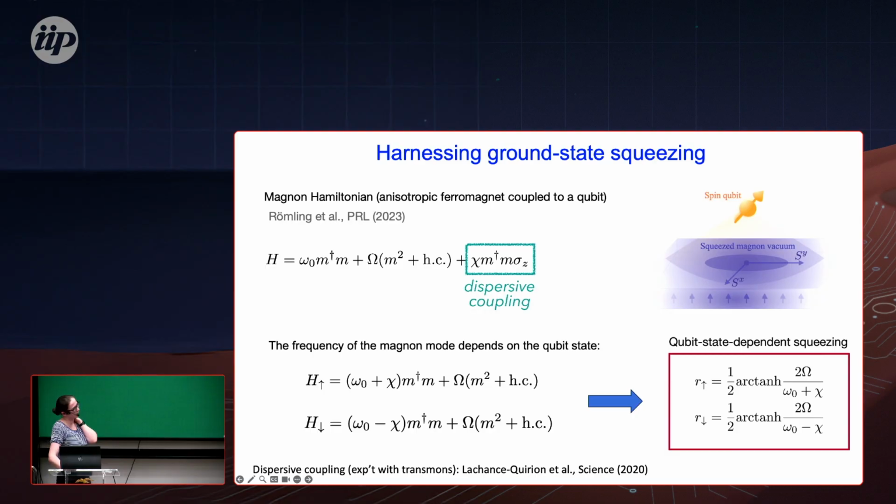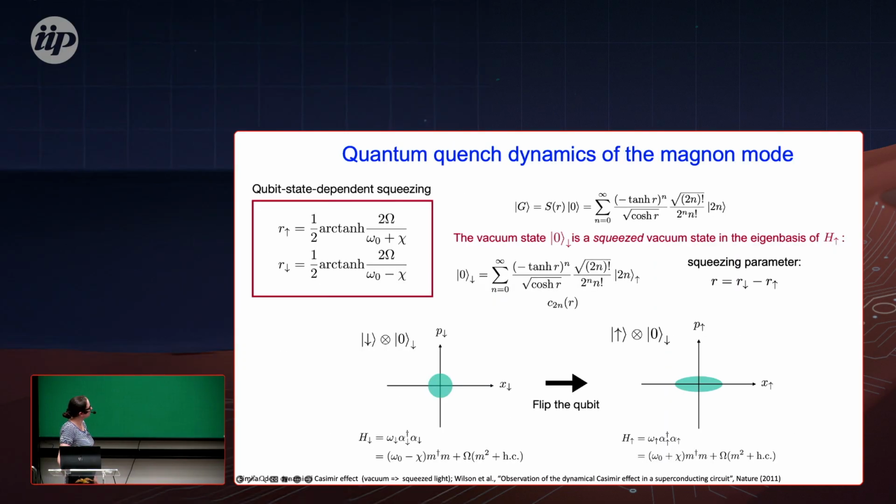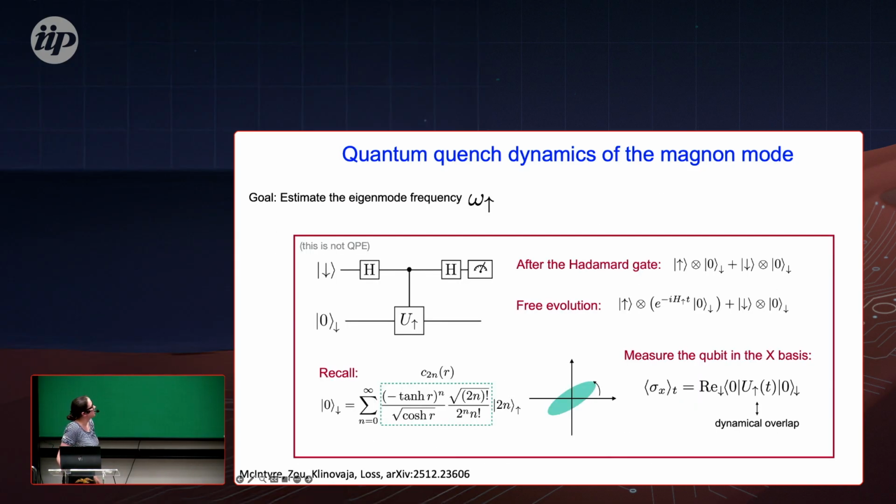And depending on whether it's up or down, we have also different degrees of squeezing. So in one case, it's in sync with the internal frequency of the magnon, in other cases not. And this is what this achieves. Let's say the ground state spin is up, and we couple to the squeezed magnon states, we have evolution, and we want to estimate the strength of a coupling. Let's say this is standard, and basically what happens when we couple, we have this squeezed qubit in the ground state, and then it evolves.